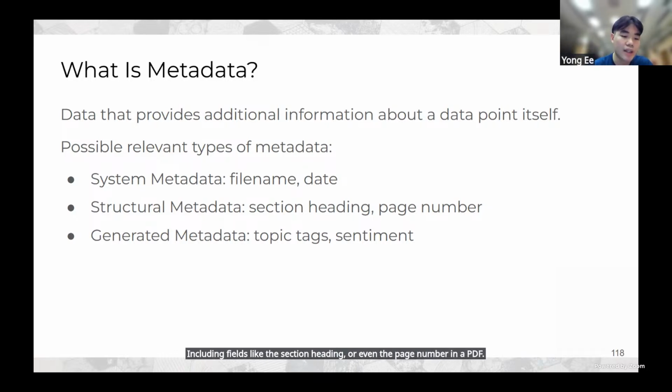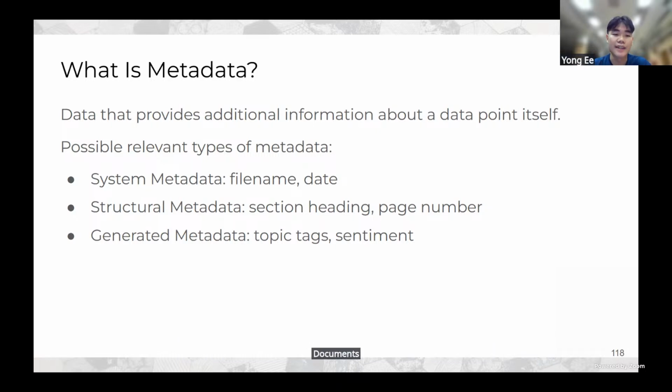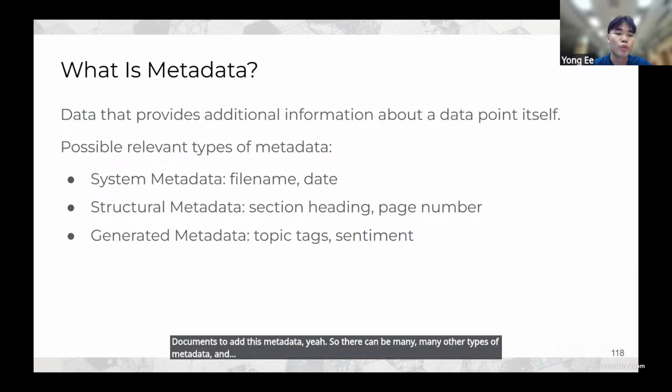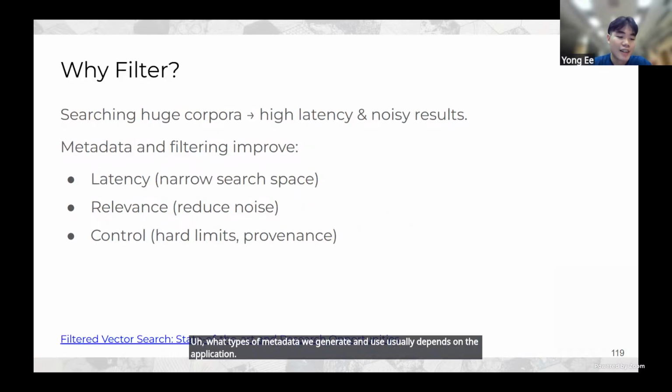And finally, we can also generate metadata when indexing a corpus. We can use LLMs or other methods to generate data like tags or perform sentiment analysis on documents to add this metadata. There can be many other types of metadata, and what types we generate and use usually depends on the application or task.